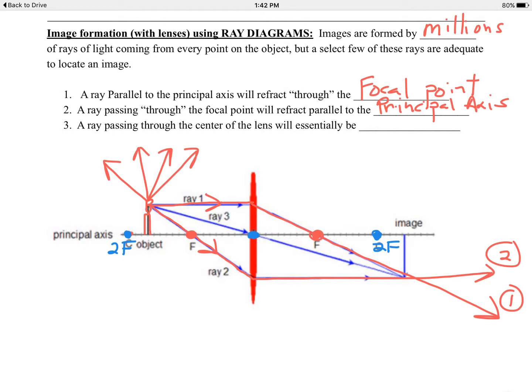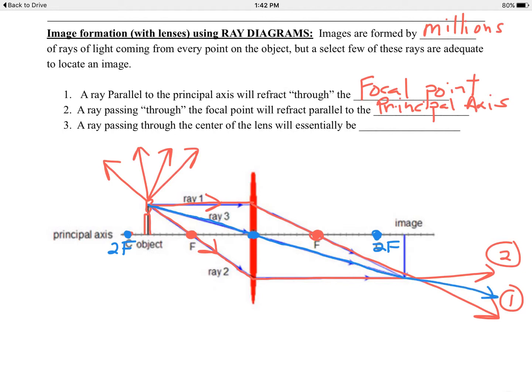And finally here, I will do this one in blue. It's already in blue, but I'll highlight it again. Ray number 3. It's a ray of light from the object. And I always start with the top of the object, whether it's a burning candle, or a cat, or a dog, or a person, or an arrow, or a tree. Start from the top of the object. All 3 of these start from the top of the object, showing you 3 rays of light that would be